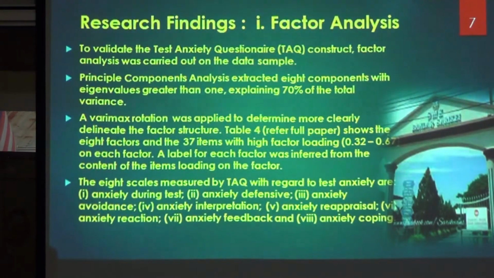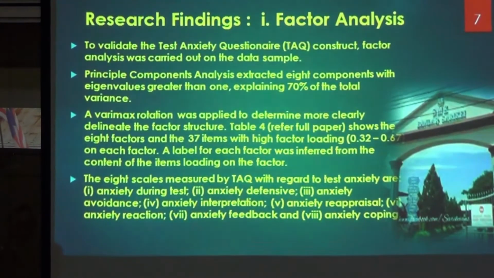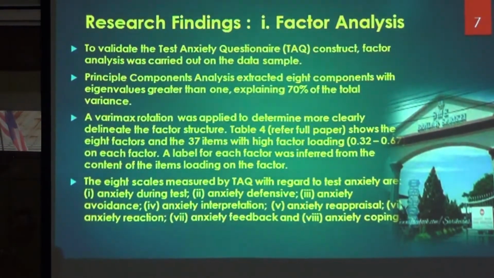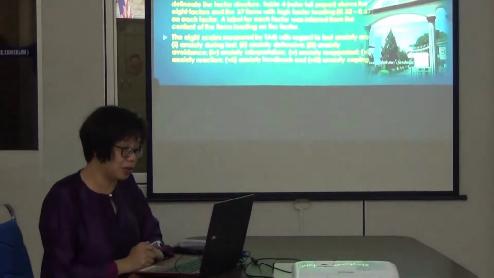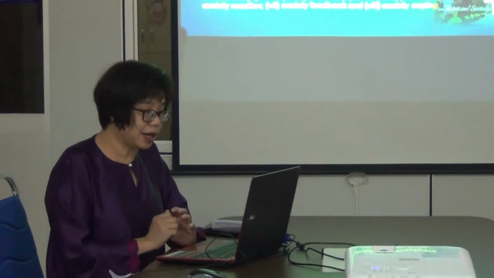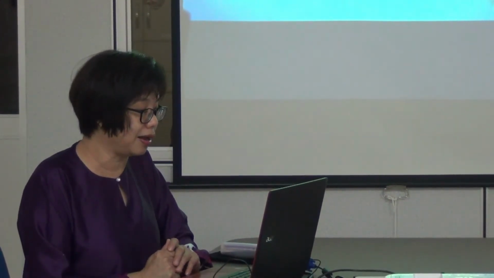Next, a varimax rotation was applied to delineate the factor structure more clearly. Table 4 in the full paper shows the 8 factors and the analysis of the 37 items with high factor loadings of 0.32 to 0.67 on each factor. A label for each factor was inferred from the content of the items loading on the factor. The 8 scales measured by TAQ with regard to test anxiety are